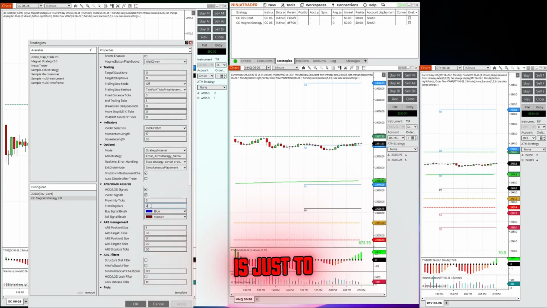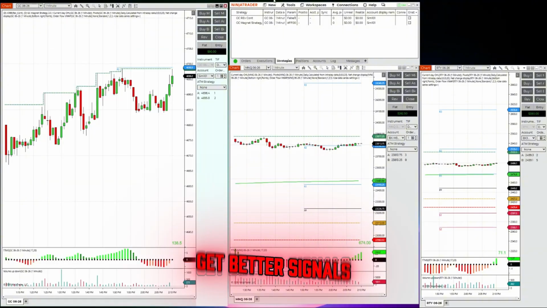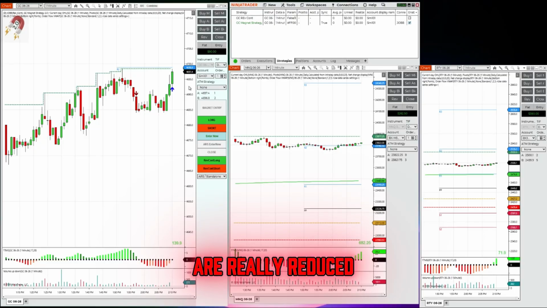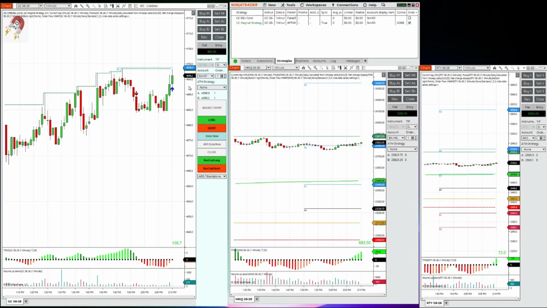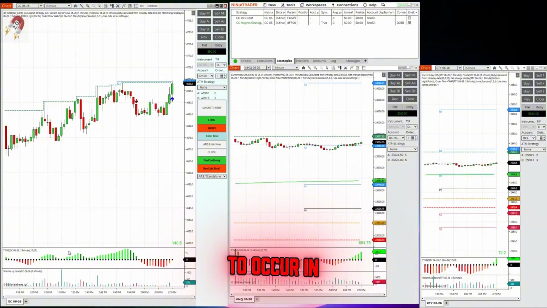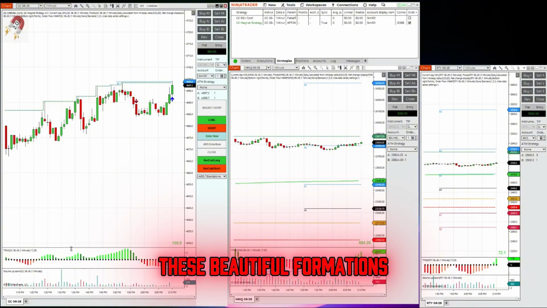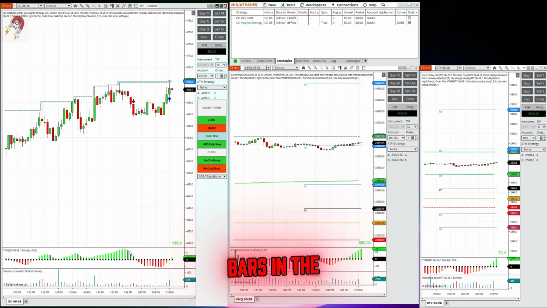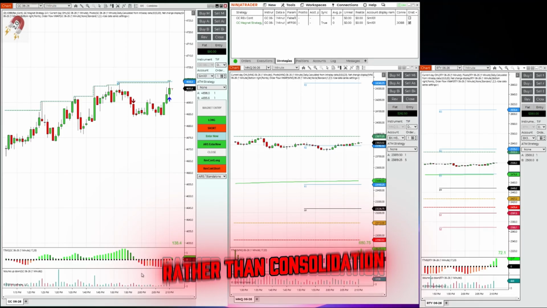But trending bars is just to help you. I'm making it a 3 now. It helps us get better signals. All right? Notice the signals are really reduced when it's 3. They also are really good signals because they tend to occur in these beautiful formations that we like to see, of a collection of bars in the same direction, and then maybe a collection of bars in the opposite direction, rather than